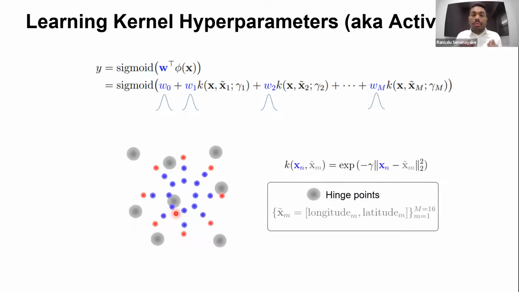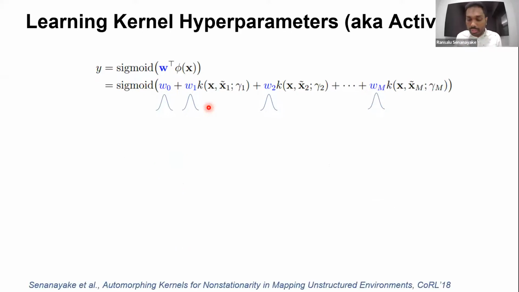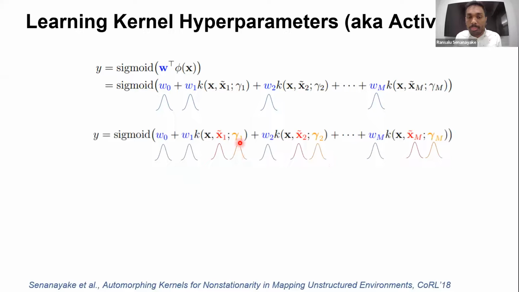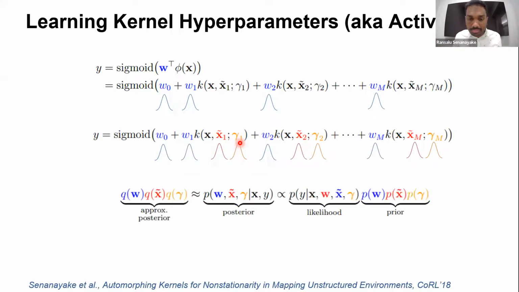Now, if you introduce probability distributions over weights, we can get uncertainty. But as I mentioned, we also need to develop the best possible activation function for the kernel. Therefore, I introduce probability distributions over these parameters of the activation function as well. Basically, we learn the activation function or the kernel.